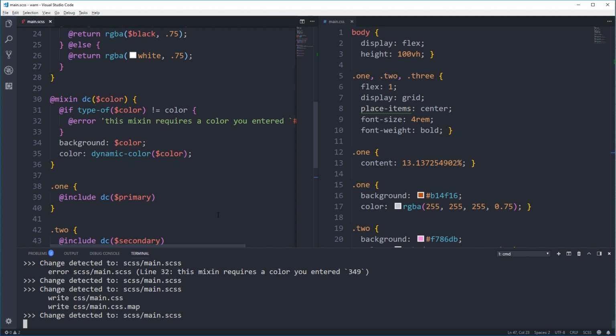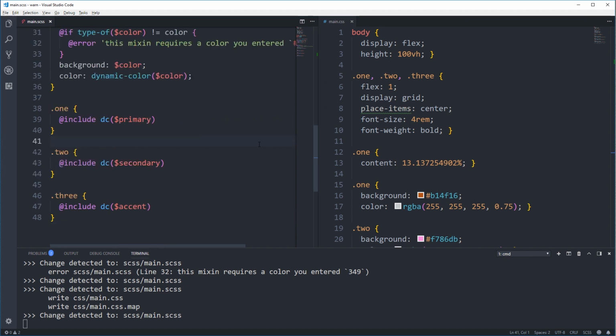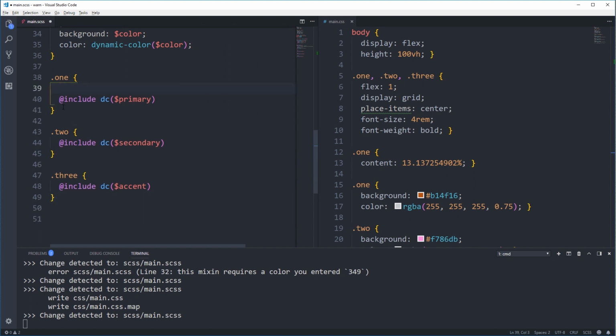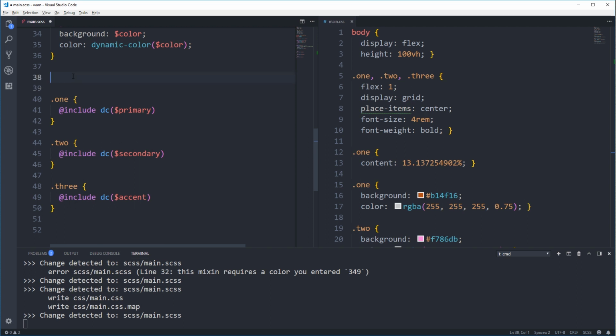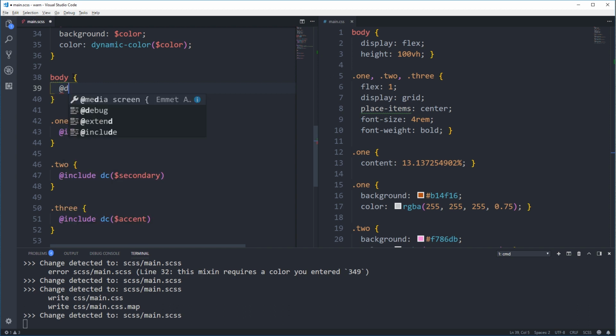The other thing is debug works a little bit differently, and it's useful for when obviously you're debugging things. So this is a bit of a basic example, but say you're coming up on something like this and you can't remember what your colors are or something like that. It does have to, because it has to compile with your CSS. You can't just do a debug floating around out here. I would have to have, let's just do body. And in here I could write debug